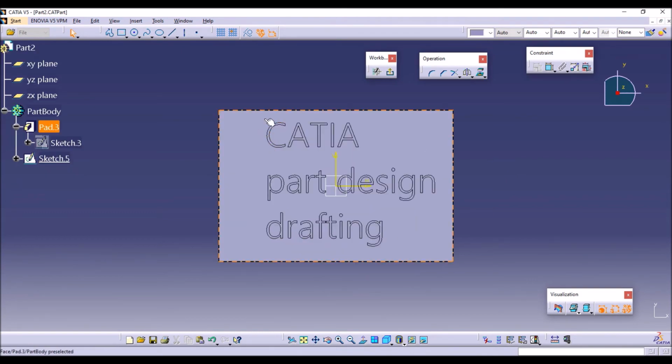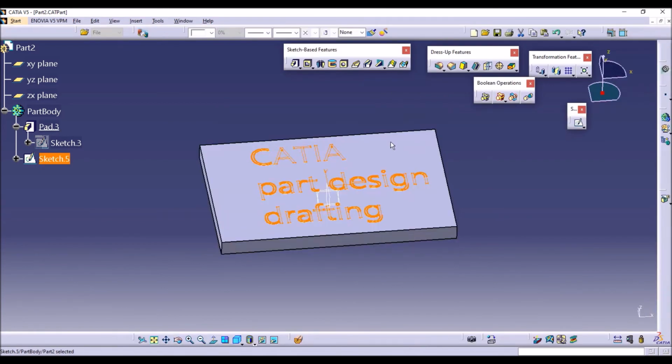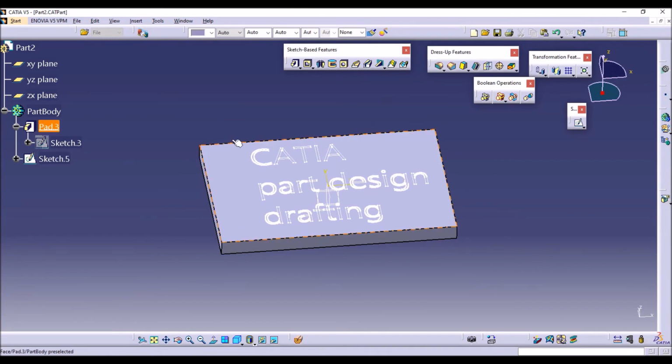So after reducing the scale of this text, we need to exit from the workbench. Okay, so text will appear like this. Next we can make a pad option or a pocket option for this sketch, for this text. Now I'm using the pad option. We'll see how it will look like. So click on pad,